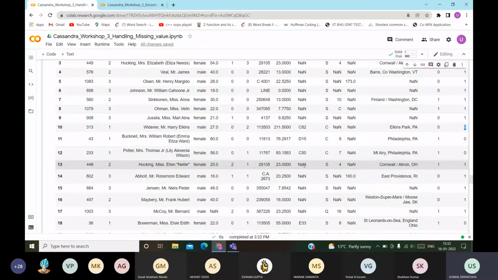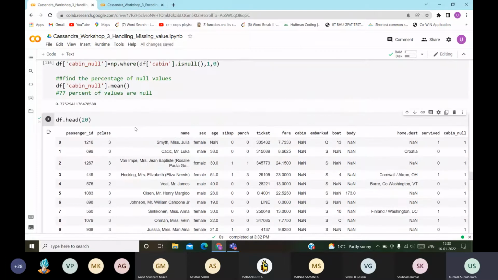So this is the way in which you can add a new feature cabin_null, and afterwards you can drop cabin because it is of no use now. Also, 20 is the number of rows you want to see, the parameter in it.